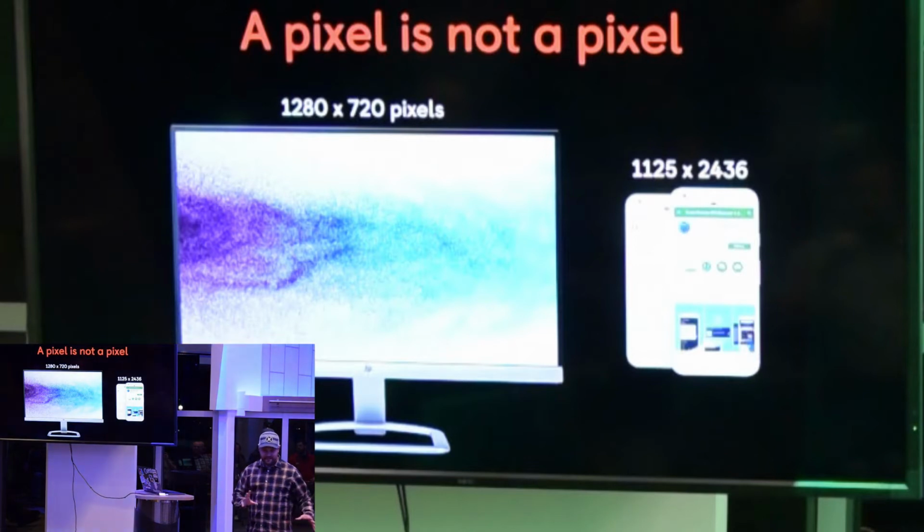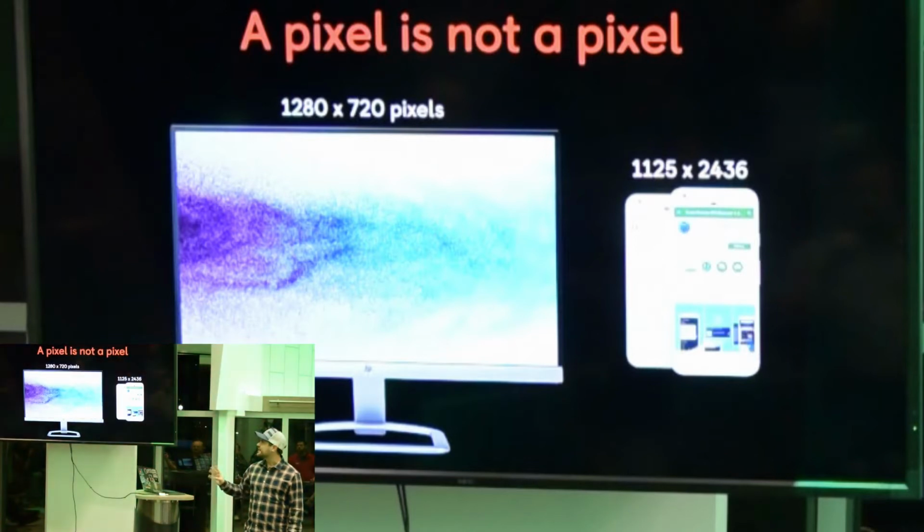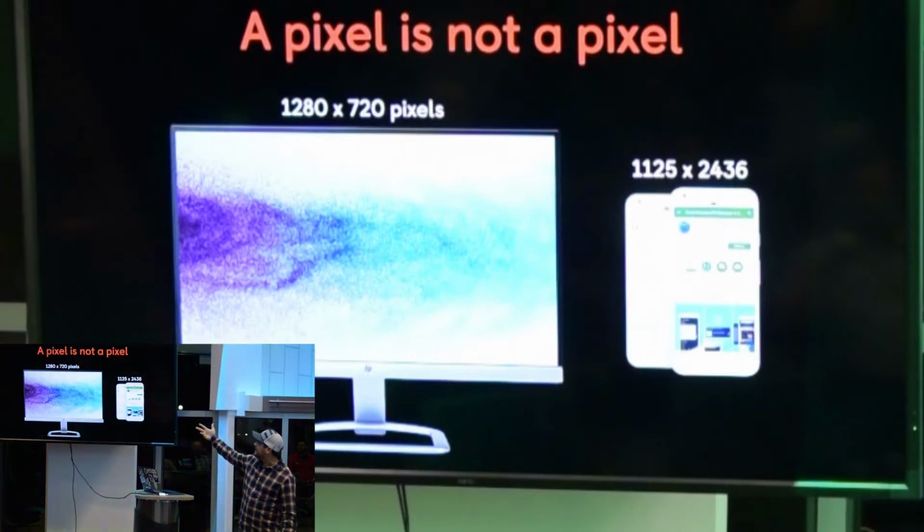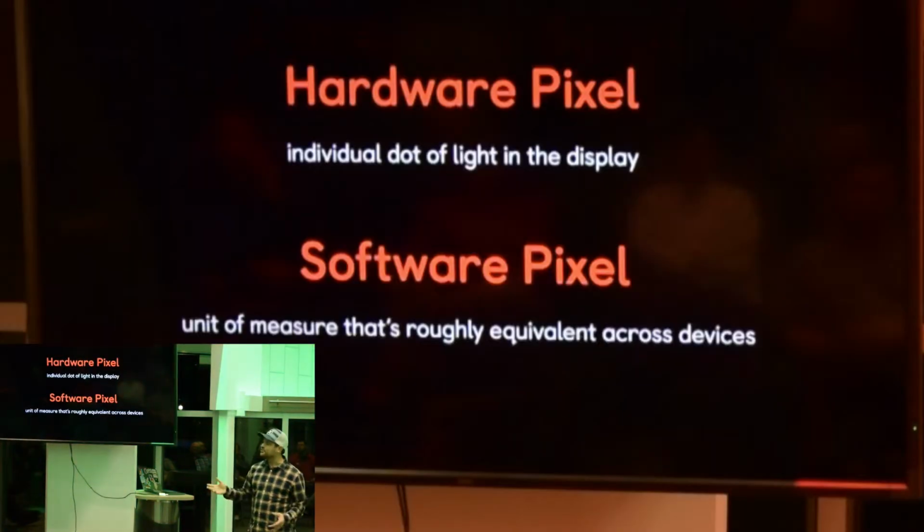Before we get into responsive images, just a little side note here: a pixel is not a pixel anymore. We have, for example, a monitor that is 1280 pixels wide versus this tiny phone that is almost the same. How is that? The reason is there's a difference between a hardware pixel and a software pixel now.